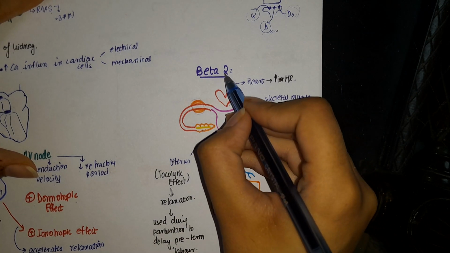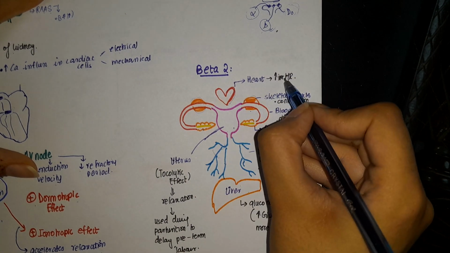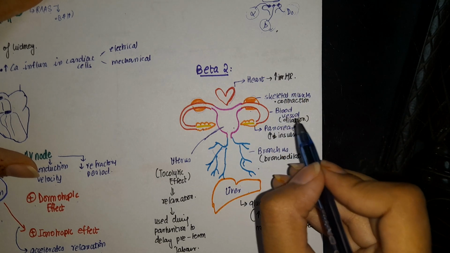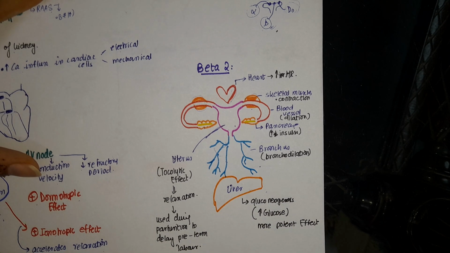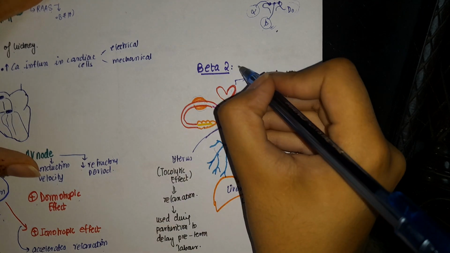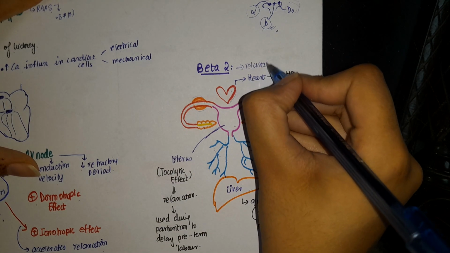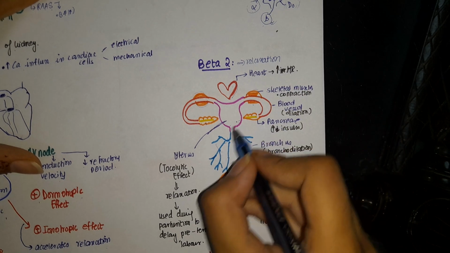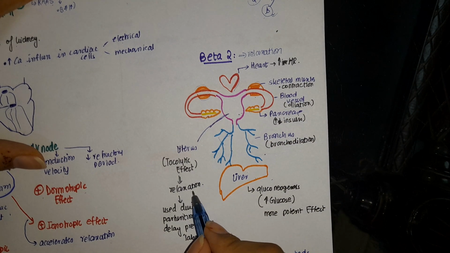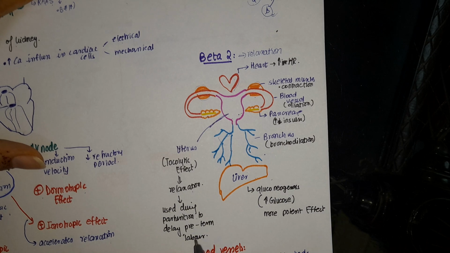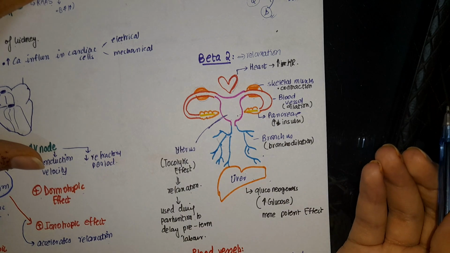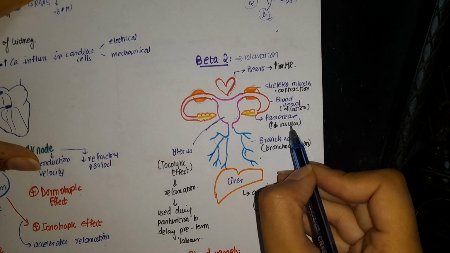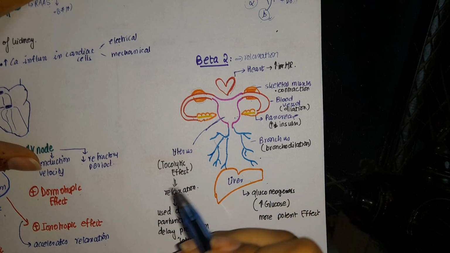On the heart, wherever the beta 2 receptors are stimulated, they will increase the heart rate. Whenever the beta 2 receptors have agonist activity on the liver, they will increase gluconeogenesis, that is increased production of glucose. But for the other things, beta 2 receptor will have a relaxation effect. That relaxation effect is observed in uterus. In the uterus, the tocolytic effect or the relaxation of the uterus is used during early preterm labor. Similarly, for blood vessels, you will have vasodilation. For the pancreas, there will be decrease in insulin production. For the bronchus, you will have bronchodilation.